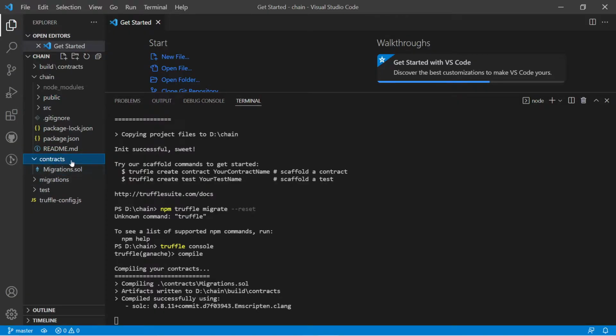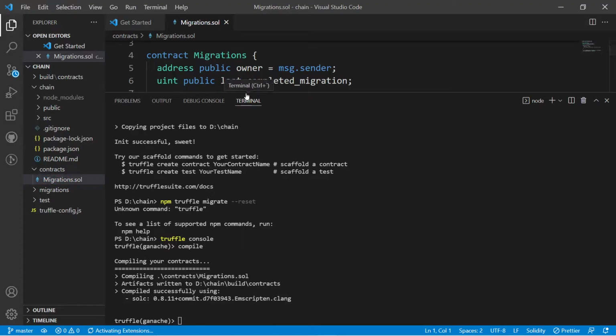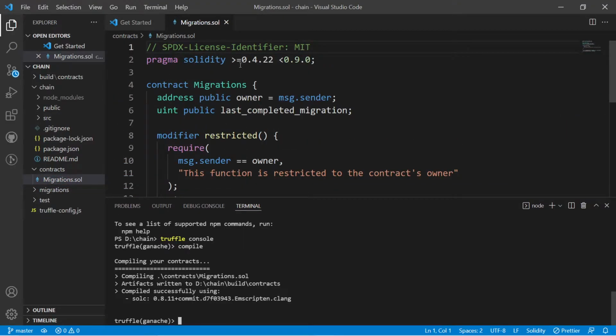There is the contracts folder that is important to use to create smart contracts using Solidity. As you are able to see, here is a Migrations Solidity file, and I would like to take one example of how to run this Solidity project.